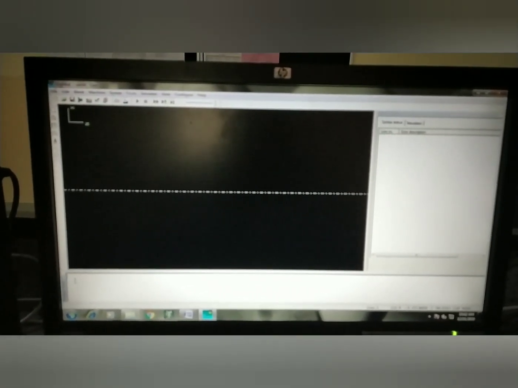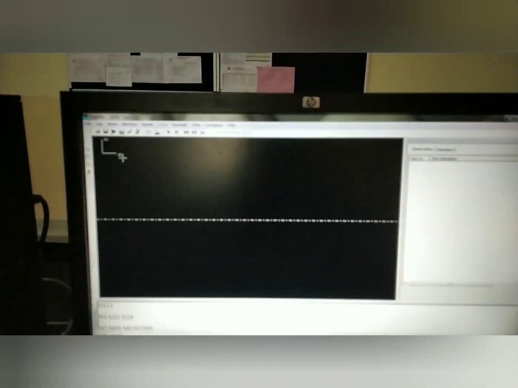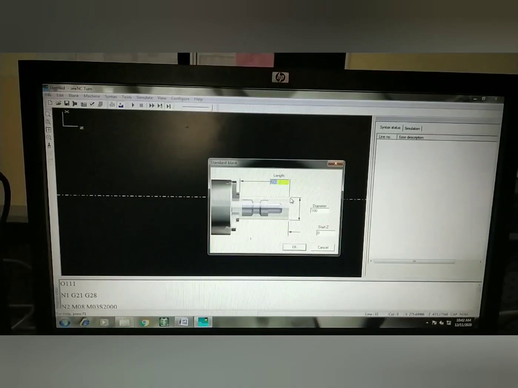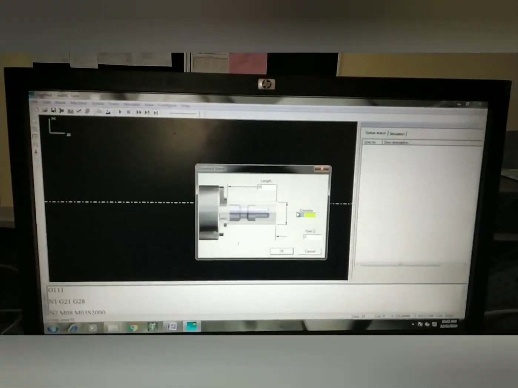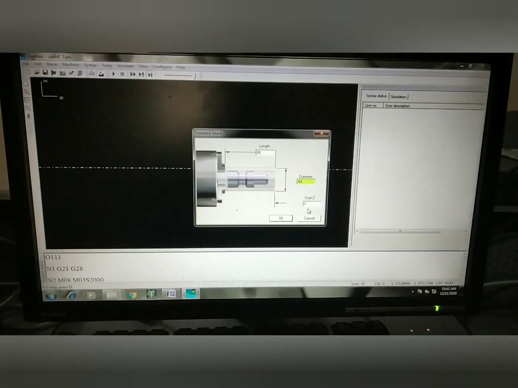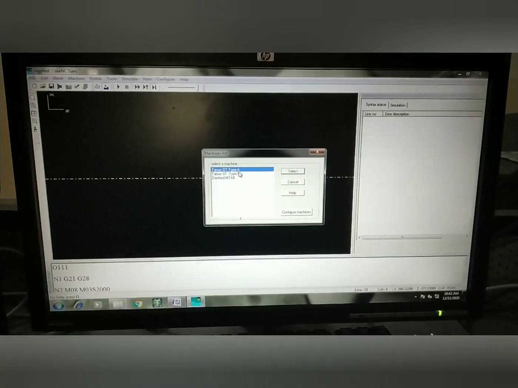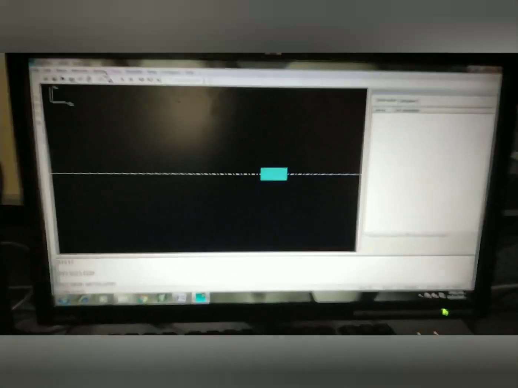Okay, in the program editor paste the program. Now go to blank. Here the length is 85 mm and diameter is 40 mm. Then select OK. Then go to machine, choose Fanuc type A machine, select.